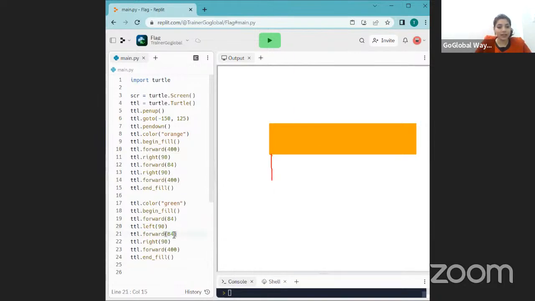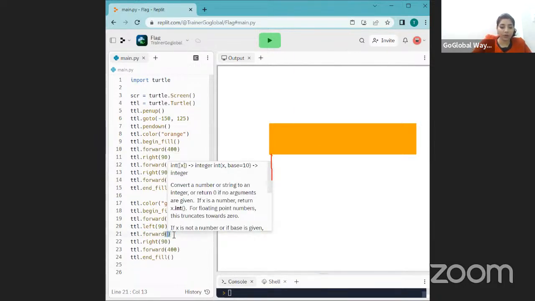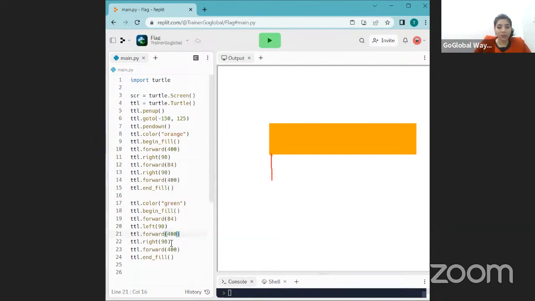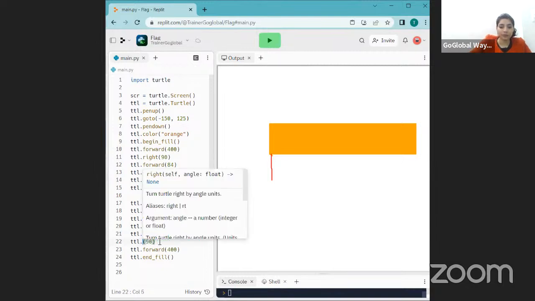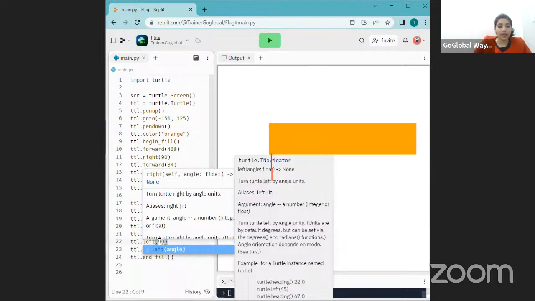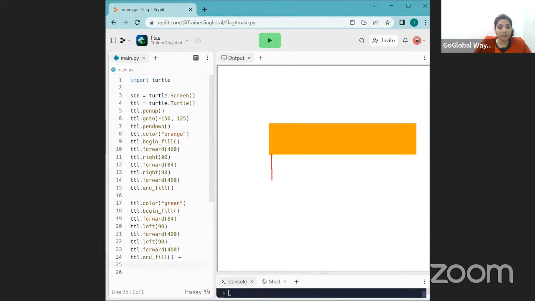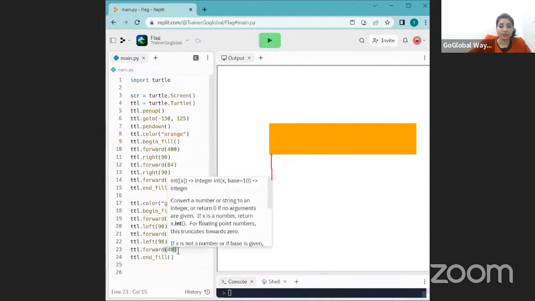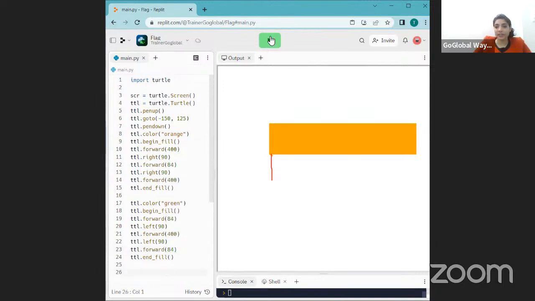Then it should move forward with 400 pixels, and then a 90 left turn. And after the left turn, it will go forward with 84 pixels. And the filling ends. Now, if I run this code,